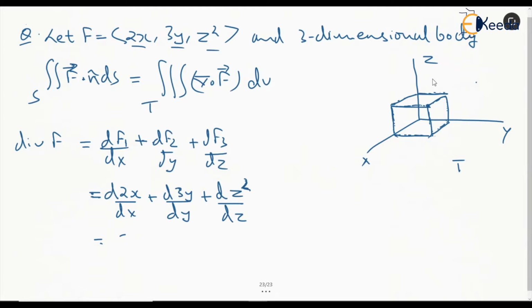This becomes 2 plus 3 plus 2z, which is 5 plus 2z, the divergence of this field,